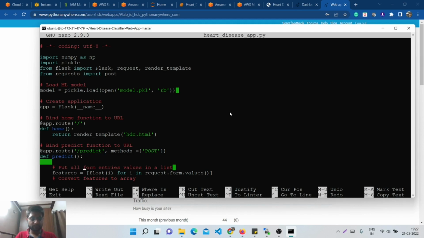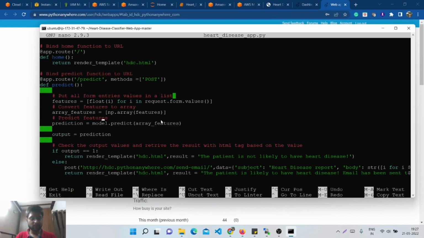This code will capture all the features which I input in my form, because I made a form. Now it will convert it into an array using numpy arrays, and then it will try to predict using the model, and then it will check the output. Now a condition applies. If the output comes as 1, it will directly print that the patient is not likely to have heart disease. But if it doesn't come as 1, like 0,